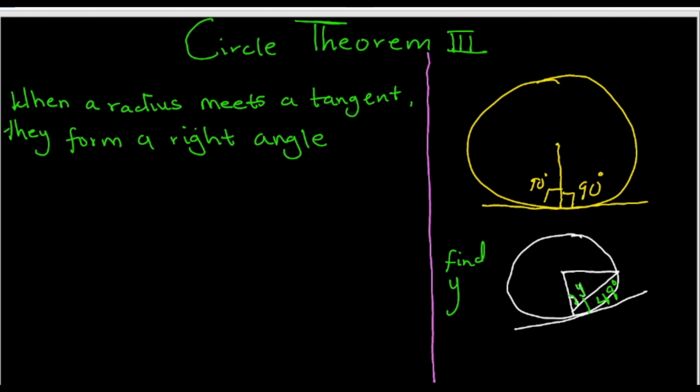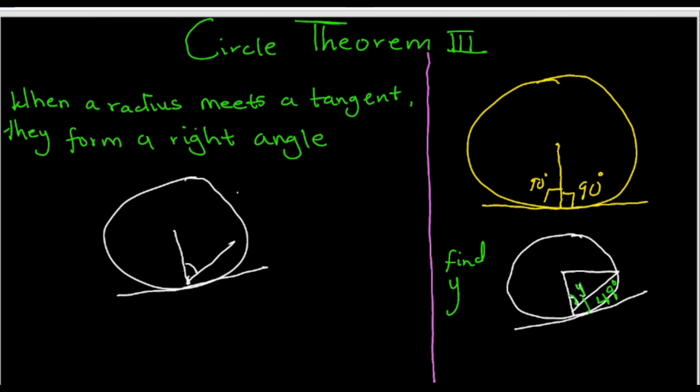So that means, let me draw this out here. This circle is like this. Then there's a tangent. So there's a tangent and then there's a line like this, right? So this was the radius. Then there's another line here. Then here is y and here is 49. So if it's that way,